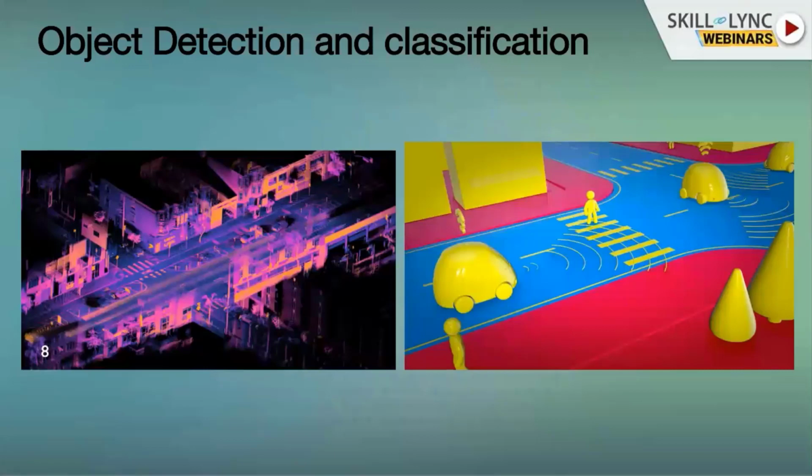So after training your AI or deep learning model, or even a general model, we can extract the information of what object it is. So with object detection and classification, we can even classify whether a car, a truck, or a pedestrian is there with the help of that point cloud shape information. That is one application of LiDAR in self-driving vehicles.